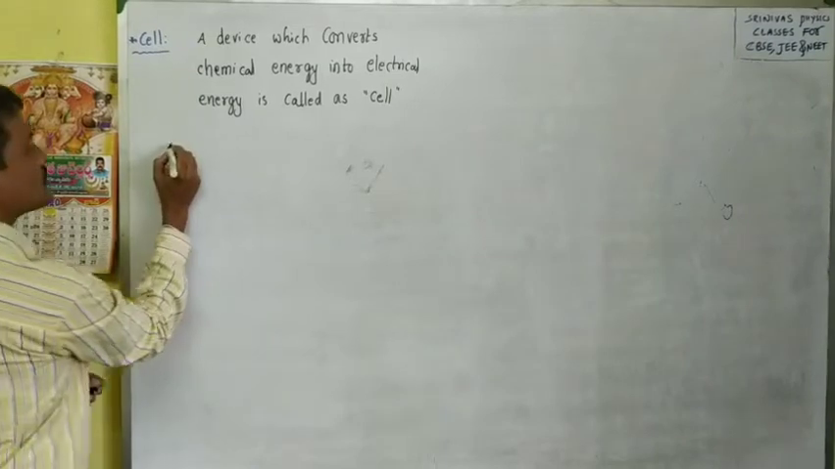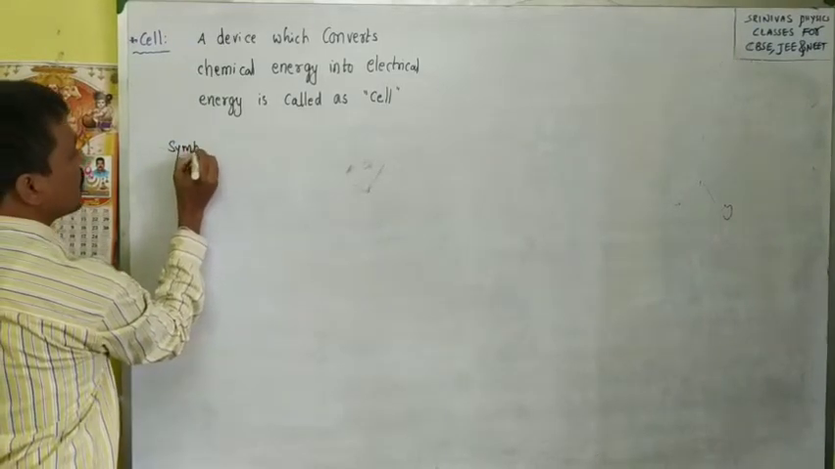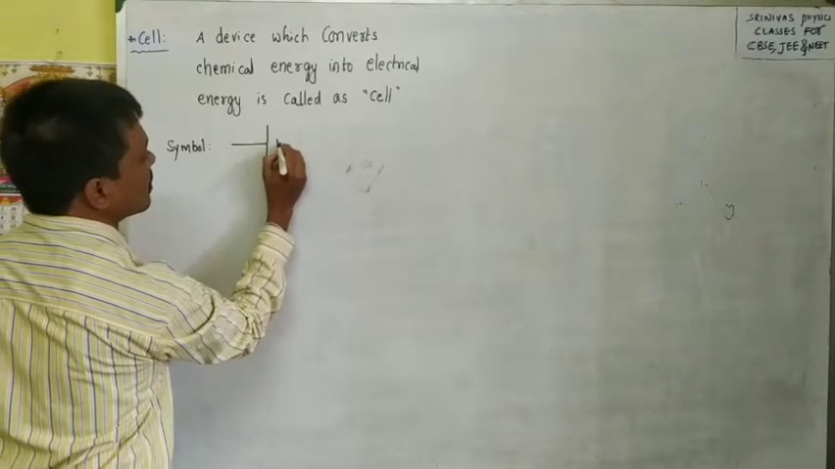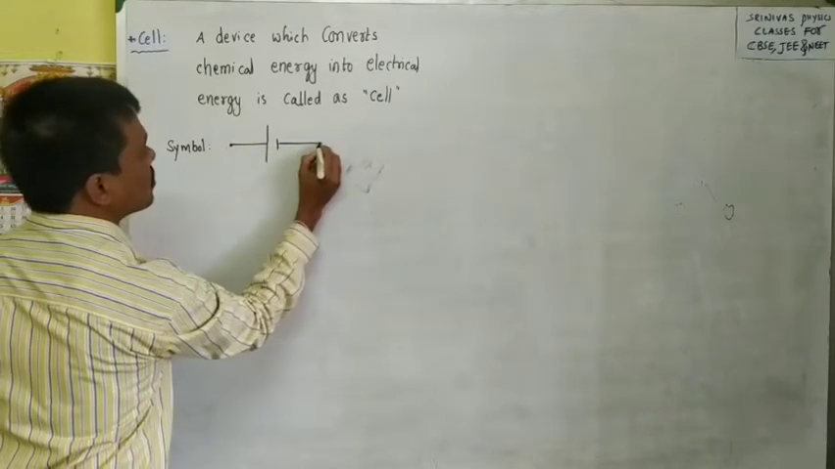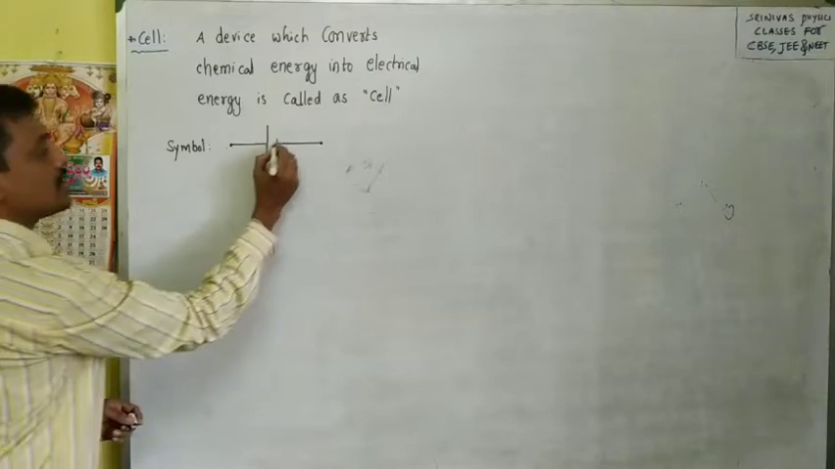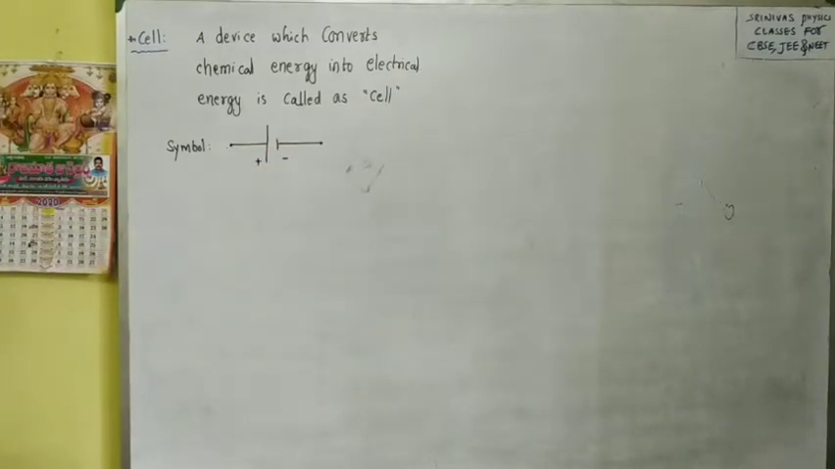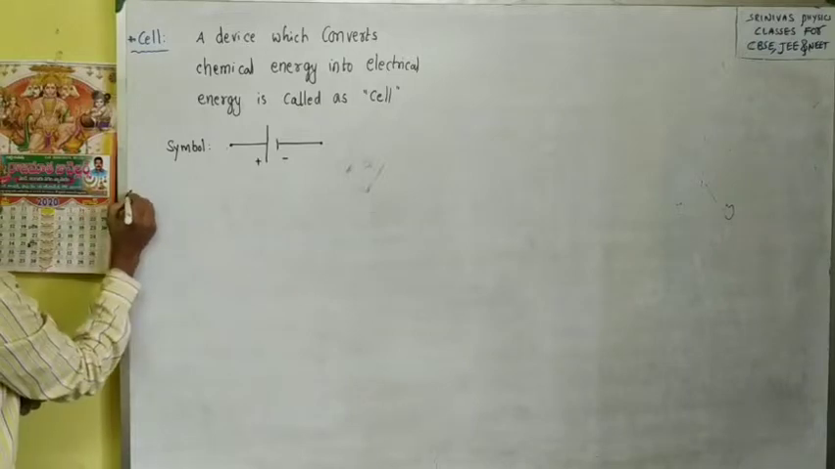Now the symbol of cell. What is the symbol? Okay, how it is denoted? Right, this is the symbol of the cell. Cell has two terminals, positive and negative. And the next one is